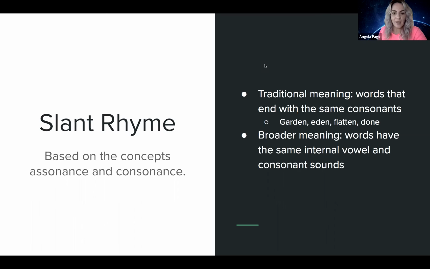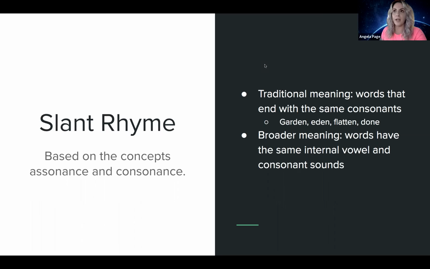That may sound sort of weird that all of those are considered slant rhymes. With slant rhymes, we're talking not about the actual letters that are used inside of each word, but rather the sounds that are produced from those letters. As you probably know, you've probably looked in an English language dictionary and seen that the phonetic spelling, the sounded out spelling of a word, is not the same as the real spelling of the word. So we're talking about the sound that the word makes when we talk about slant rhymes and with assonants and consonants, not the letters that are actually being used.